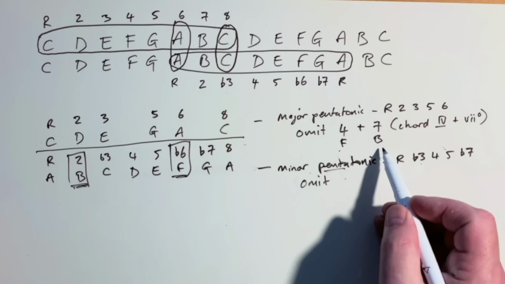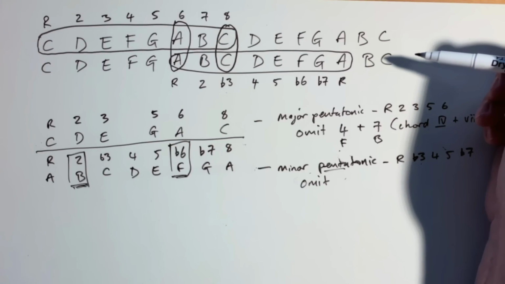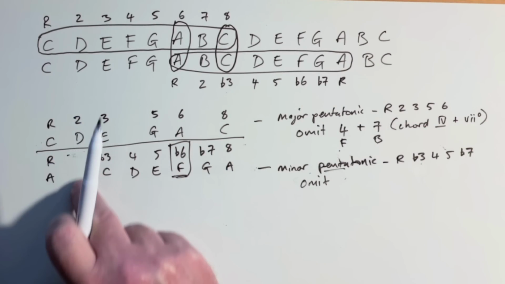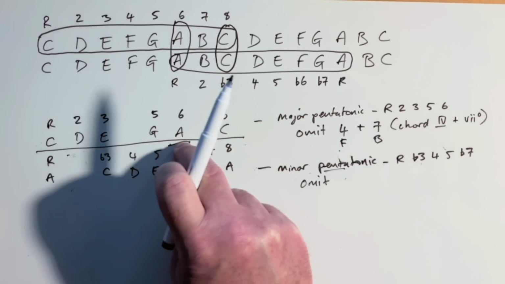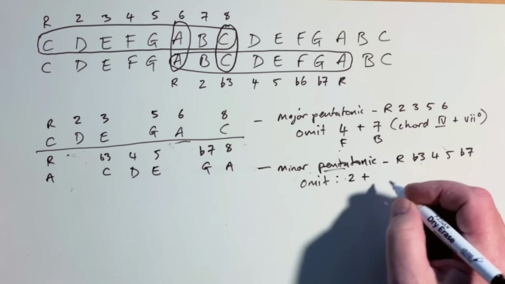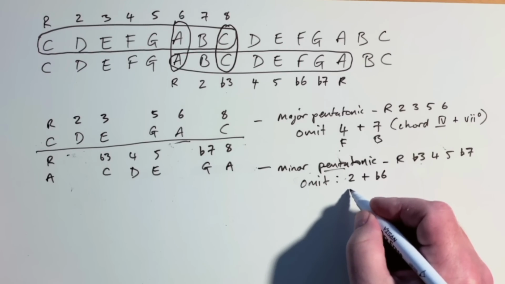Well, we've already omitted those in the major pentatonic, because what I'm trying to show you here is that the major and the minor are basically inversions of each other. So if we get rid of that there, you can see we've got rid of the B and we get rid of the F there. So that means we omit the second and we omit the flat 6, which is going to be a B